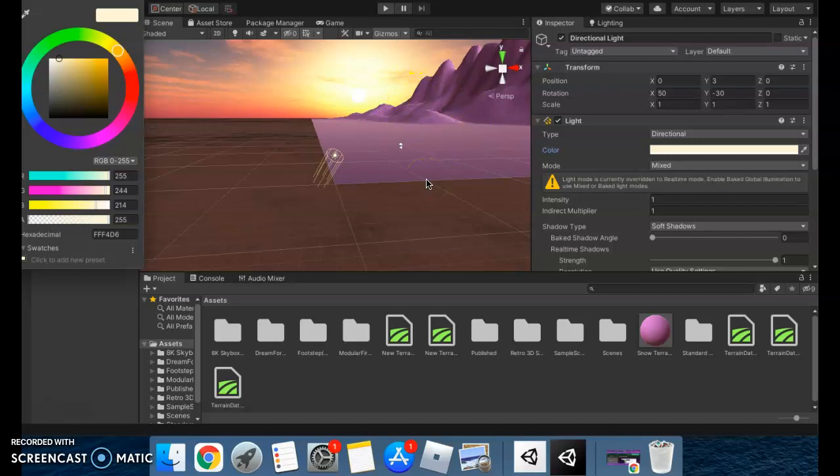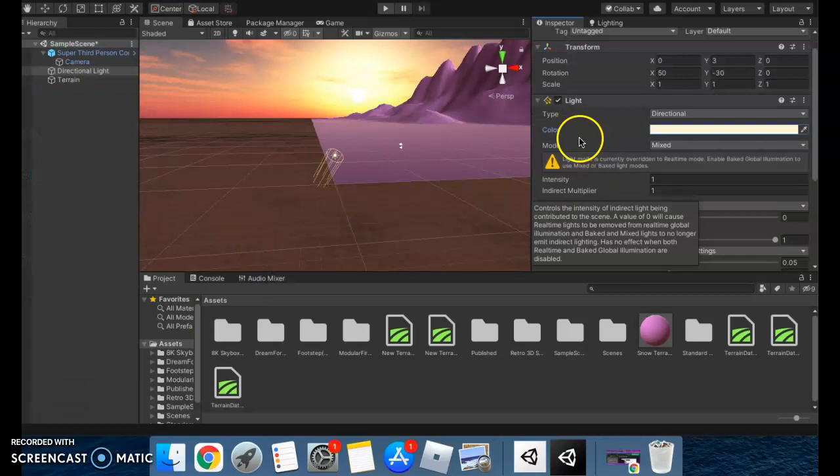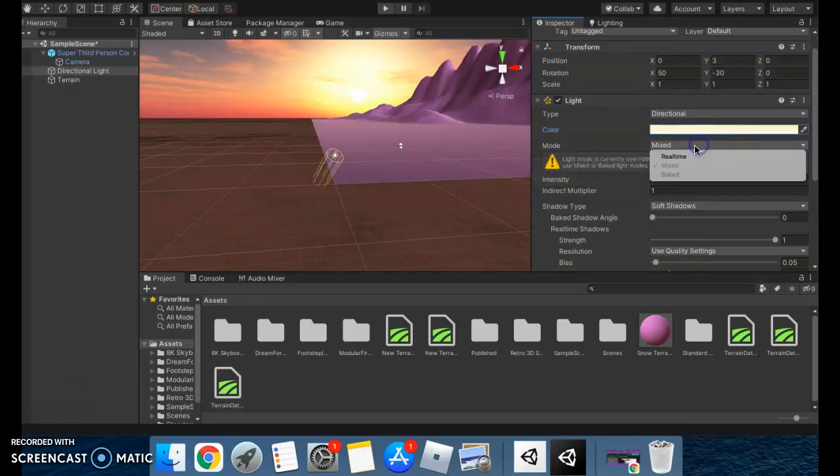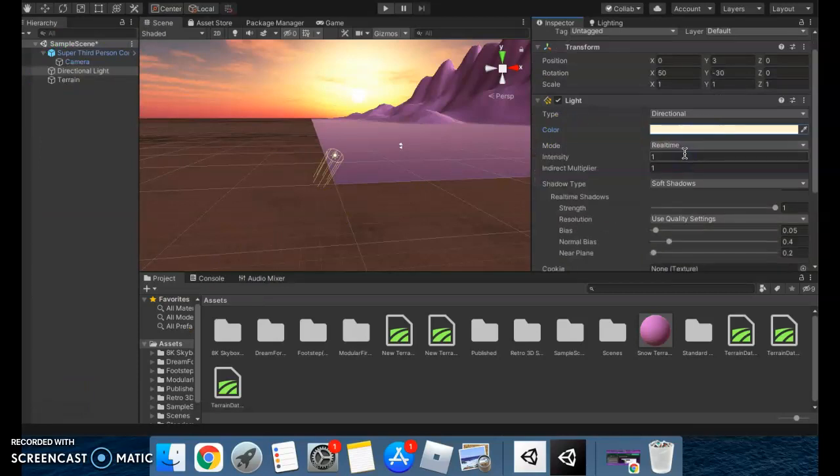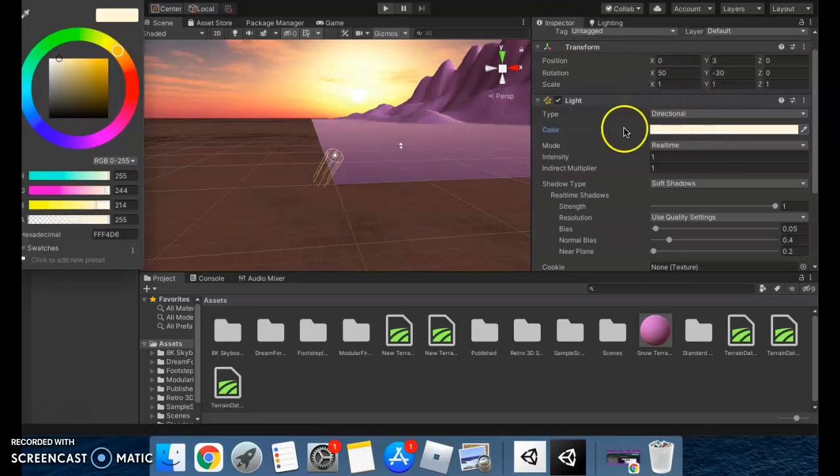So what I want to do is, I want it in real time. To change it to real time, we just click on this mode here under light, and any changes we make will be seen in real time, and then you select the color that you want to change it to. So I want it to be blue, maybe sort of